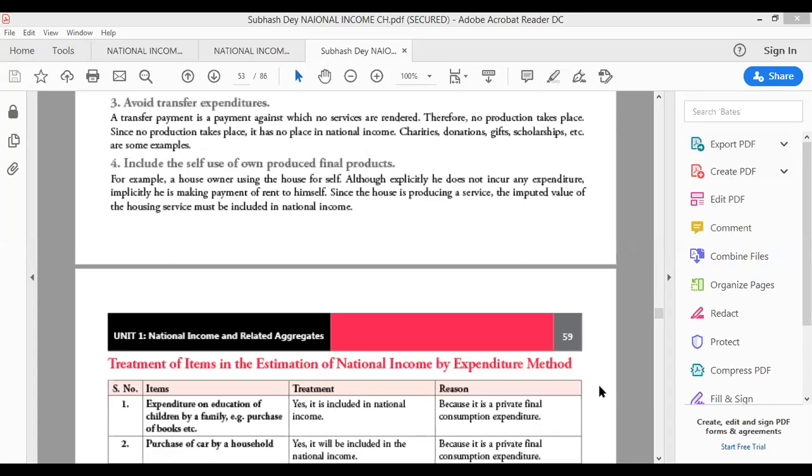All right, clear to all? I hope this is clear to all, that what things we need to take and what precautions we need to take while going for the expenditure method. All right. So today we have learned about the expenditure method, and tomorrow I'll be taking its numericals also. I have just shared the assignment with you all for income method, and I hope you are doing that assignment and will be sending me on time.